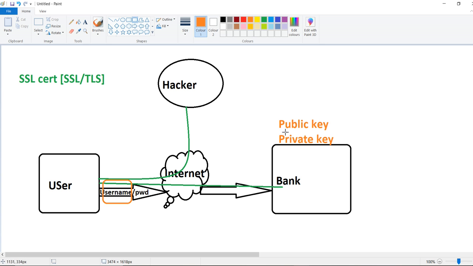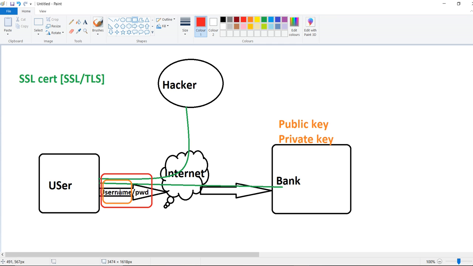And with the help of the bank's public key, again on top of it, we will encrypt again. And whenever you are passing this data, it will go to the bank and it will go to the hacker also. But the hacker doesn't have this public key, right?